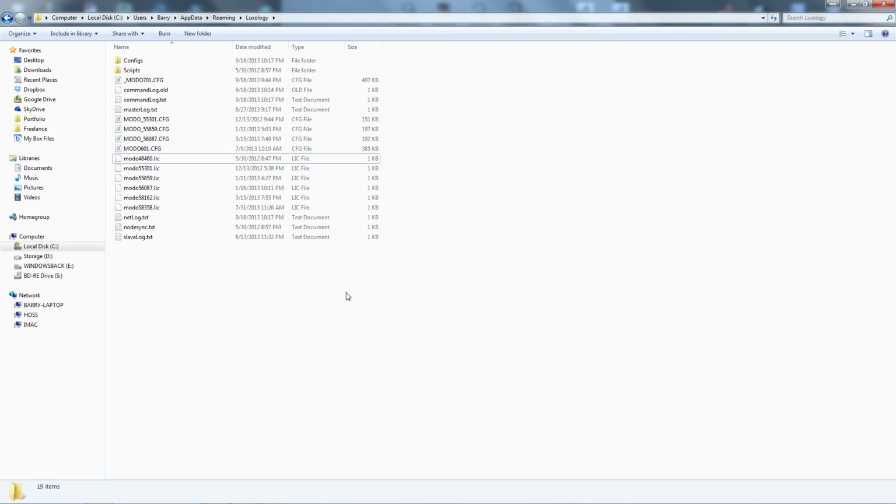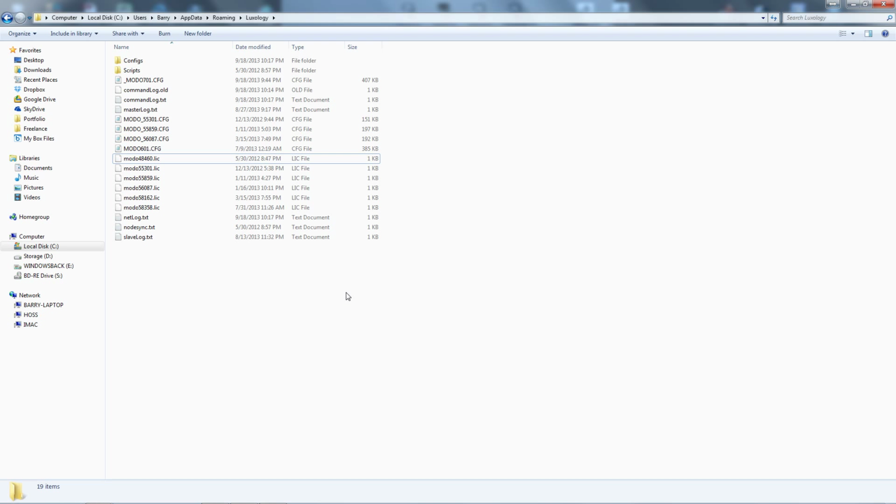Okay, this is going to be a short tutorial about config files. I've been working in Modo for a long time and I've never really even dealt with config files. I just kind of overlooked them and glazed over them, but I've been needing to do some layout work where I create custom layouts and make sure that everyone on the team has the same preferences and the same tool sets and all that. And so I started looking at the config files and reading up on the documentation a